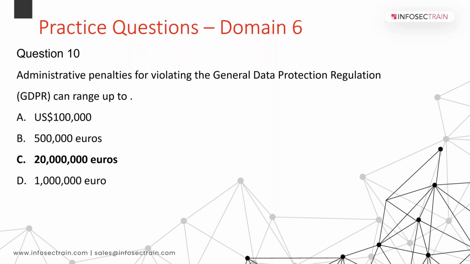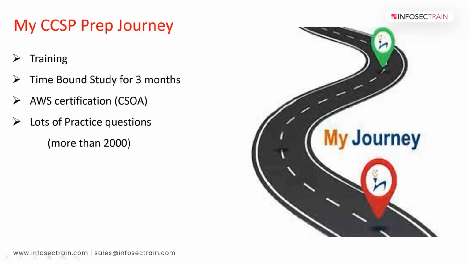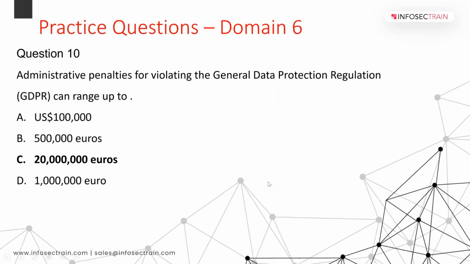This is a question which I even got in my exam. So you can imagine that it's a very widely covered syllabus, and you should go through the documents which I have recommended in session 1. So this brings us to question 9. The correct answer is B. It's level 2 when you want to do the third party assessment. Okay.